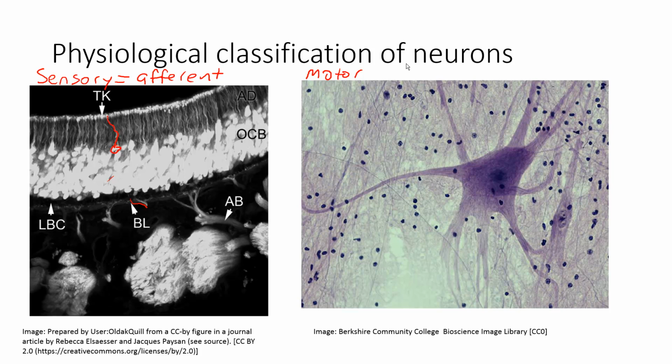But a motor neuron is any neuron that is going outward, that's leaving the CNS and going to some sort of peripheral effector. So motor neuron is synonymous